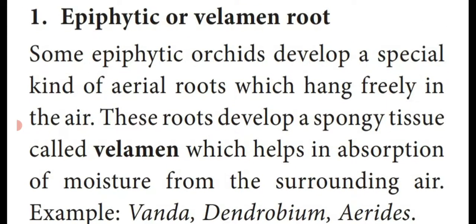Dear students, these epiphytic plants are producing two types of root, that one we will see later in a detailed manner. Two types of root. One is the normal adventitious root which is giving mechanical support. Another root which is freely clinging in the air or swinging in the air is known as aerial root, containing the special type of tissue known as velamen tissue, which absorbs water and mineral salts from the air or surrounding air. That type of root is known as epiphytic root.